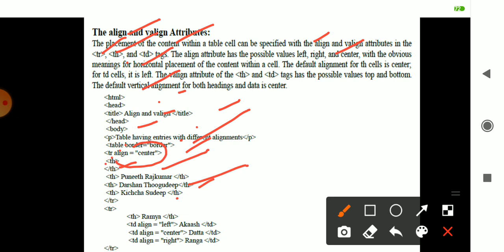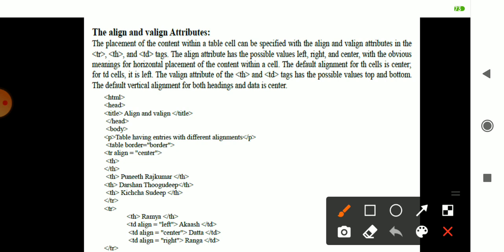This is the data being entered. The first row has three columns, 1, 2, 3, and the row is closed. In the second row, the first column is Ramya, and you enter three entities: Akash, Datta, and Ranga, and we close that row.